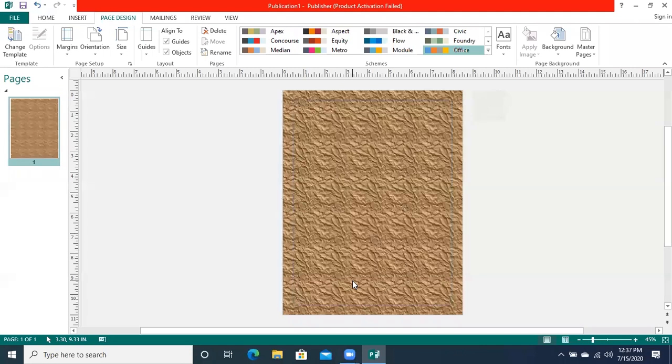Texture has some design which is not plain, which is in the form of embossed or some kind of mixed color scheme. So that is called a texture design. So in this way, you can choose any of the backgrounds that you want to set up for the background of your publication.